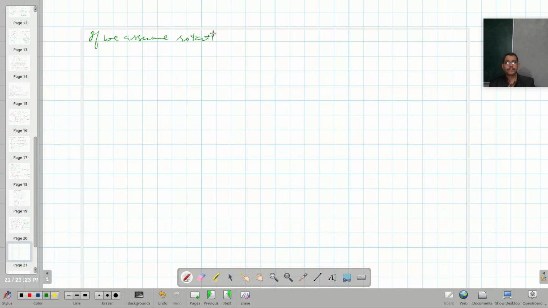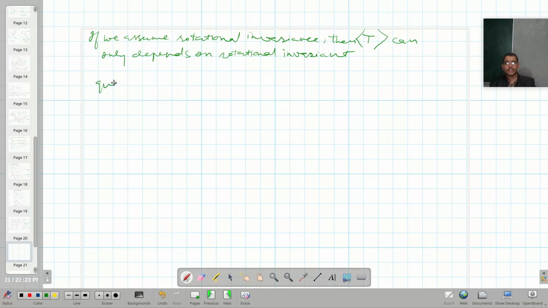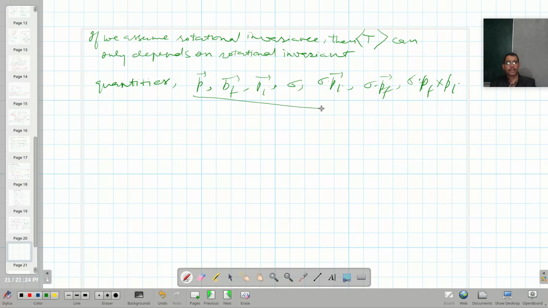rotational invariance, then T can only depend on rotational invariant quantities. And what are our rotational invariant quantities? It is p vector, pf vector, pi vector, comma sigma, comma sigma dot pi, comma sigma dot pf, and sigma, pf cross pi. These all are rotational invariant quantities. So assuming rotational invariance,